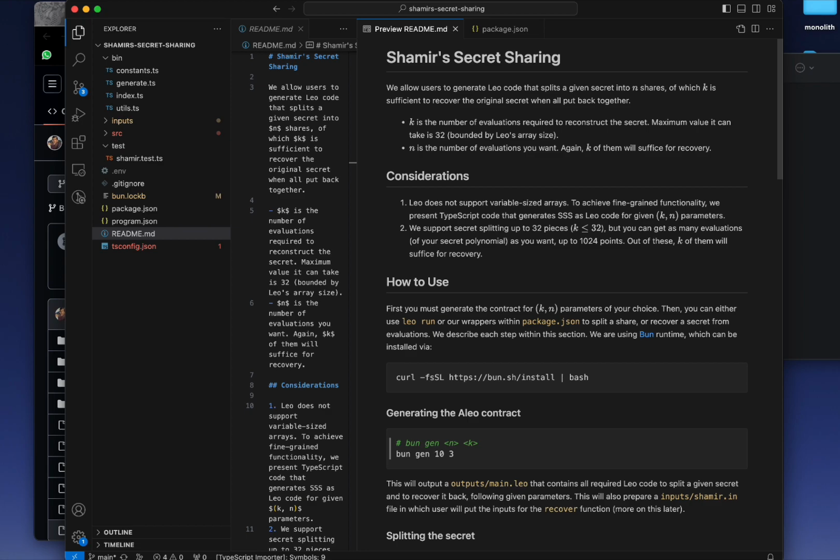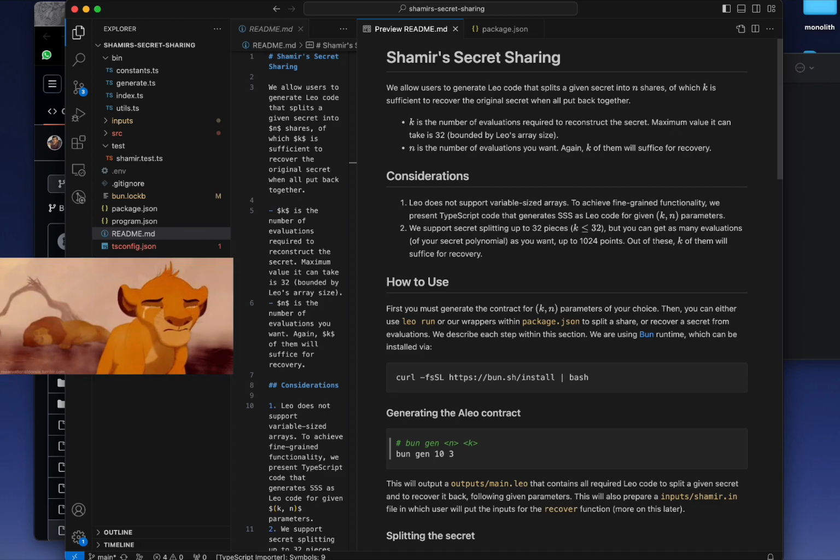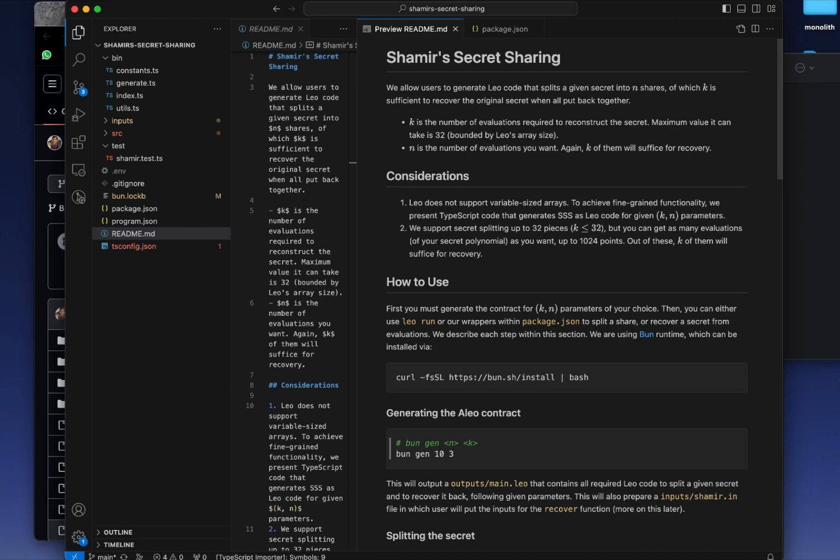These constraints prevented us from implementing a fully fine-grained version of Shamir's secret sharing algorithm in Leo, due to these limitations, as I stated. So instead, we went with the approach of writing JavaScript code that generates Leo code for the given parameters. The user can choose to split their secret into 10 pieces, maybe 20 pieces, so it ranges from 2 to 32. But again, Leo would not allow that, so we came up with this approach of writing JavaScript code